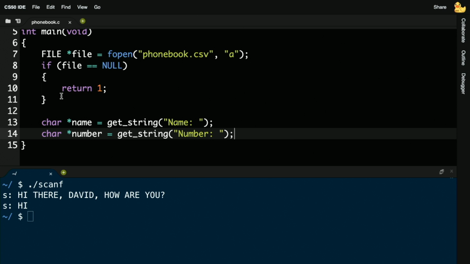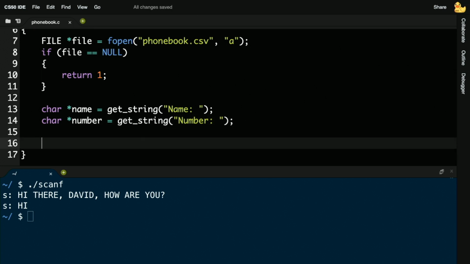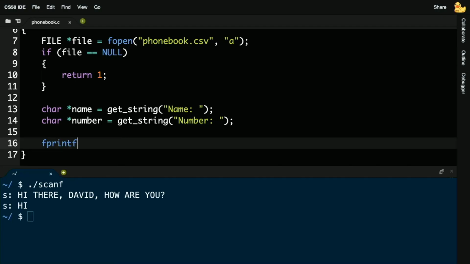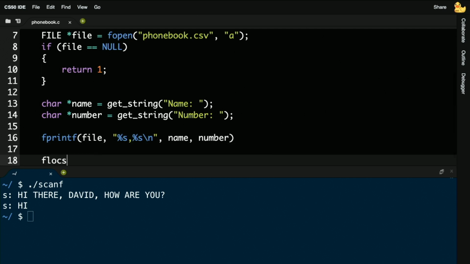And now here's the cool part. It turns out if I want to save this name and number to that file permanently in a CSV, if unfamiliar, popular in the consulting world, the analytics world, it's just a spreadsheet, a comma-separated value file that you can open in Excel or Numbers or Google Spreadsheet. I'm going to, not printf, but fprintf to that file a string followed by a comma, followed by a string, followed by a new line, plugging in the name and the number. And then down here, I'm going to close the file.